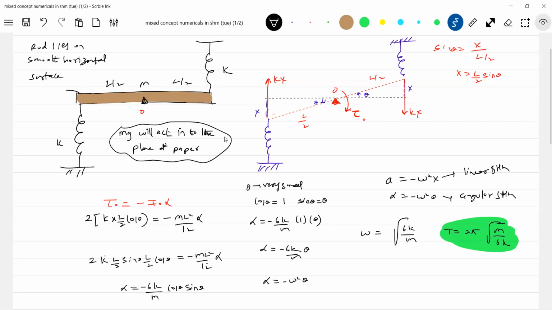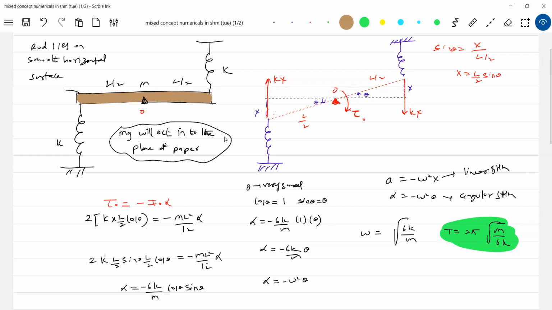But I think for every problem, you can't only see the diagram. So what you should do is disturb the diagram from equilibrium position. Earlier it was here. Now I'll rotate the rod and release. Then once you rotate, what are the forces that are acting? From there you get into the problem.